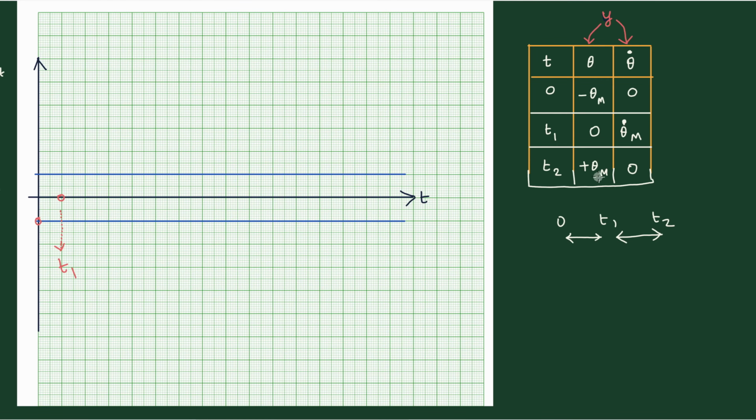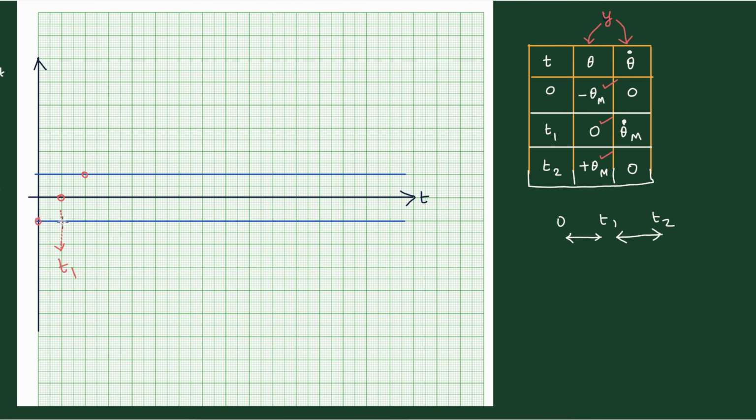Then after that, theta goes to a maximum. So this is the maximum possible value. I have put it as a blue color line. The bob will not cross the blue color line and go above. So that is the limiting place. That's why I have drawn the two lines, to have a better guide for the drawing. Now all the 3 points are shown: the first one, theta m, is drawn; 0 is also drawn; and then plus theta m. Now it's a matter of joining them.